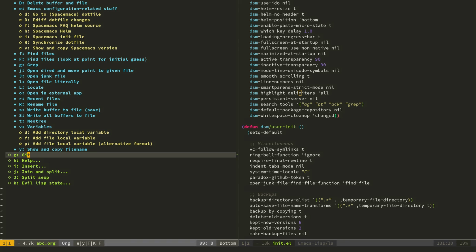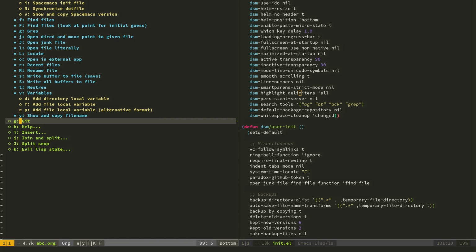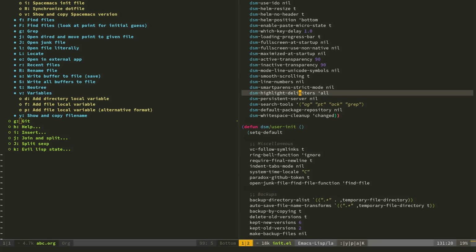So the important thing that changed in the Git, or I'm gonna call it Git, okay? I know it also supports other version control systems, but Git is really the only thing that I use. So just keep that in mind. I'm just going to say Git from now on. So the important thing that changed in this layer, let me open up the